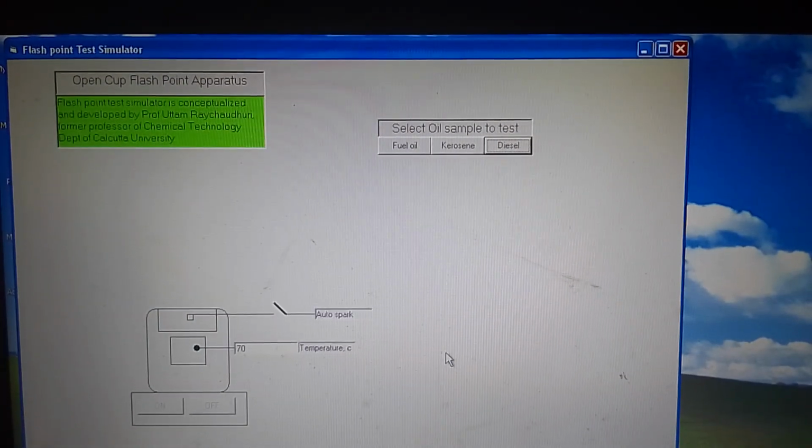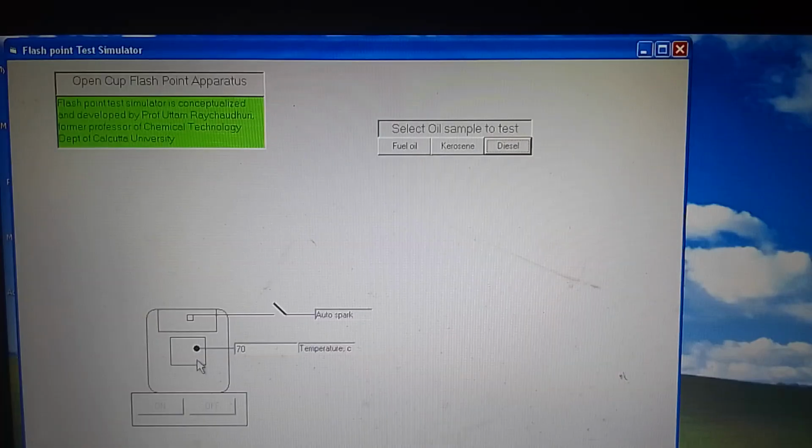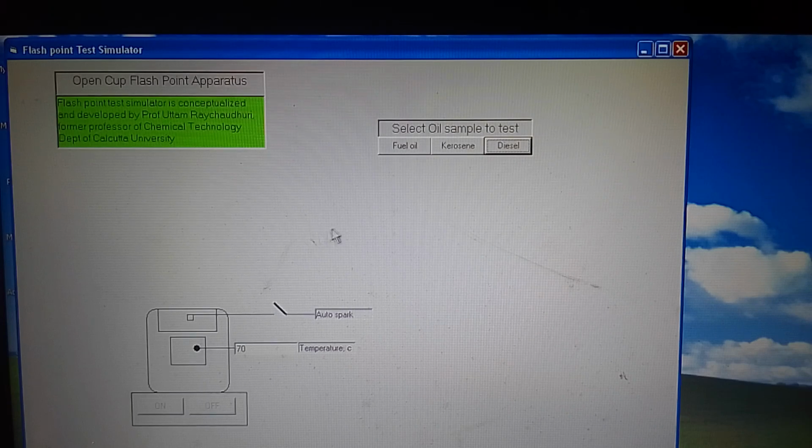I am Professor Uttam. Today we will demonstrate a flash point apparatus for fuel oil, kerosene and diesel, which are important for the petroleum laboratory. Now you can see there is a heating system over which a vessel is placed, in which a cup is inserted with the required amount of sample oil for the fuel oil or kerosene or diesel and any other petroleum